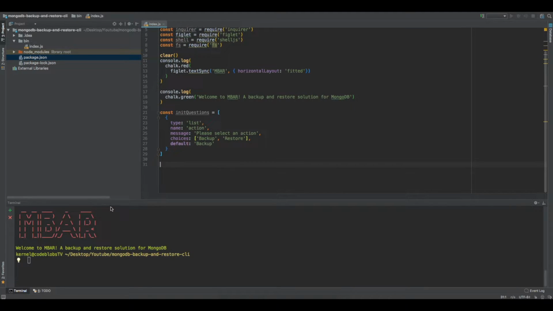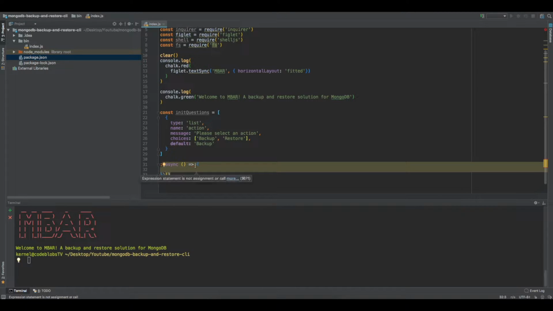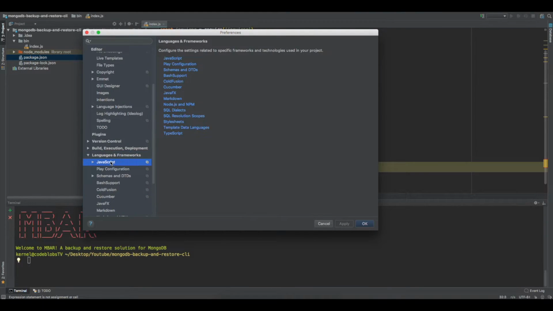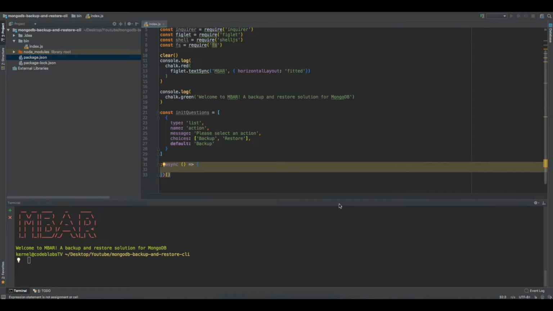Now to call this, I'm going to create an immediately invoked anonymous function. If you have never come across this concept before, don't be afraid. It's nothing really scary. What does it say? Expression expected. I think it's, yeah, I needed to turn on ES6 here,